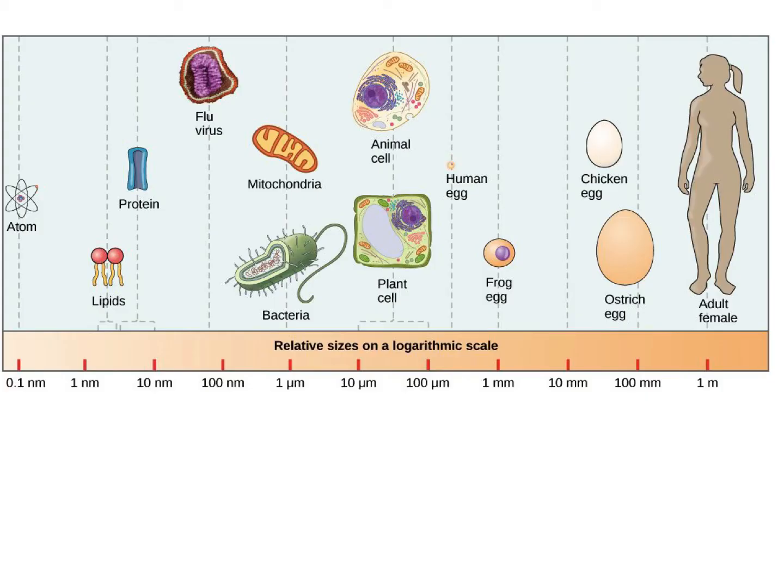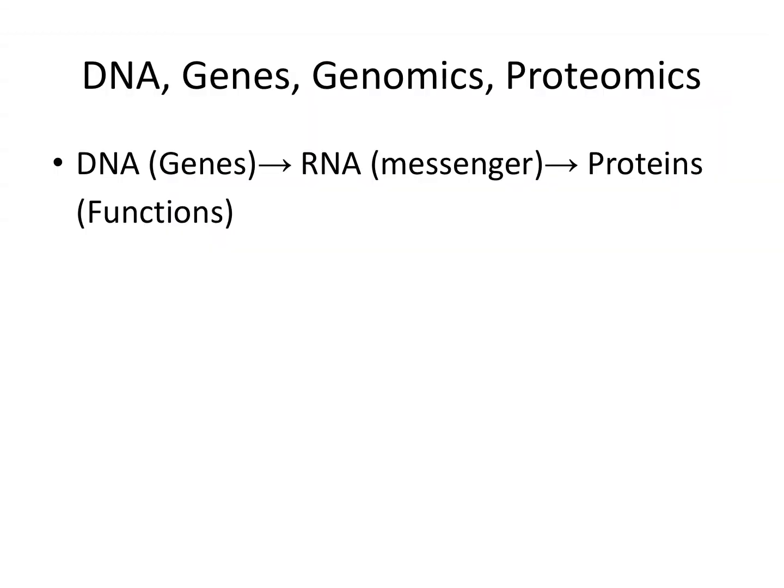This is a size and scale I'm going to talk about in class, but you can kind of see how big things are based off of this. So how big a person is, in the neighborhood of 1 to 2 meters in height, and then you go all the way down to a plant cell, which is somewhere between 10 and 100 micrometers, which is very small, and we need a microscope to look at those. The cutoff for our microscopes ends about right here. So we cannot see viruses with our microscope. We cannot see proteins or lipids with our microscopes. There are microscopes that exist, but not ours.